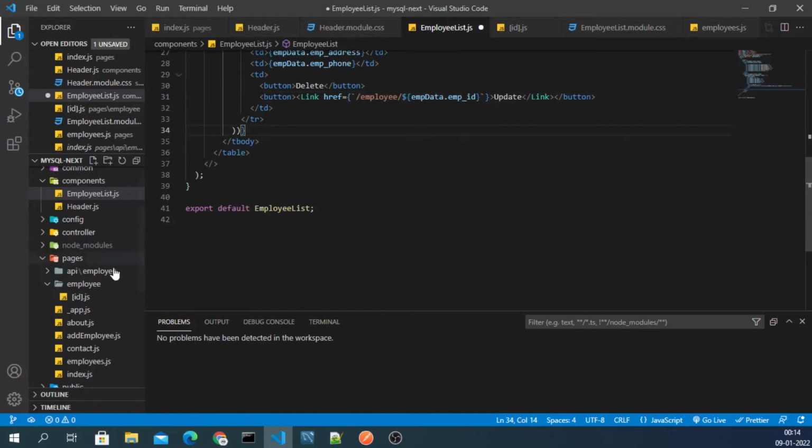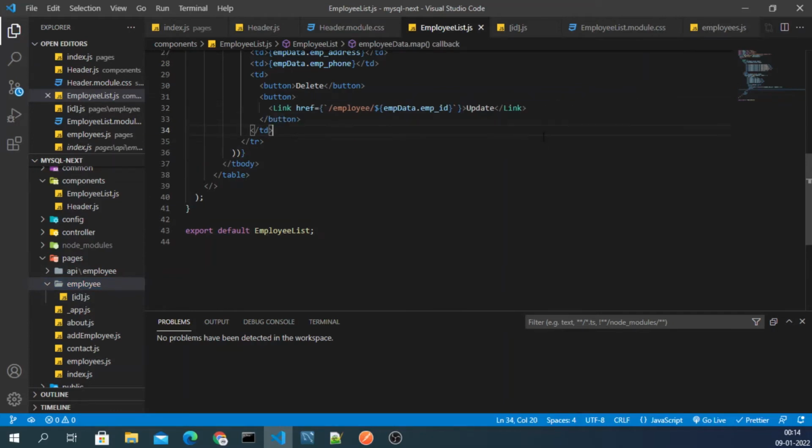In this way, because first we go into employee, and then inside employee we have the id. Whenever you click on update, it will take you to that path. Right now we don't have anything on employee page.